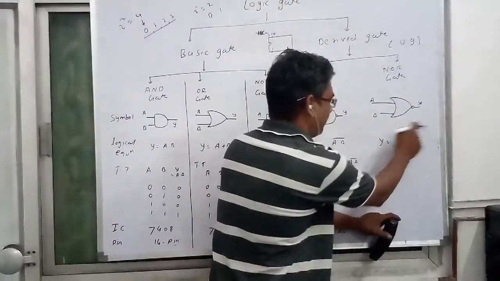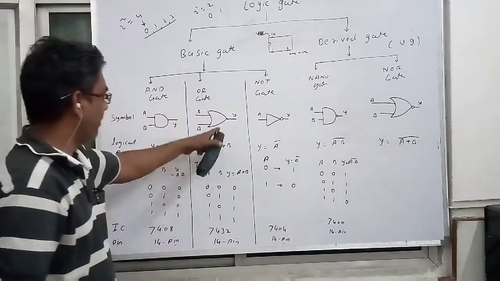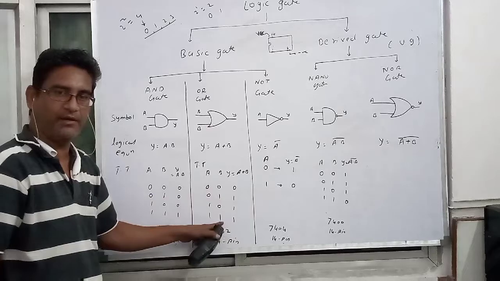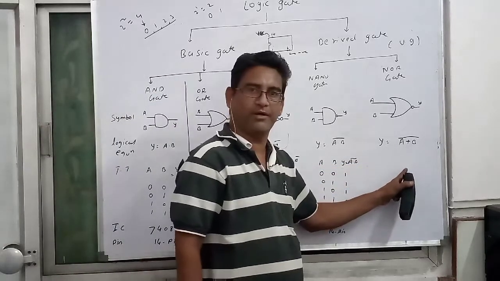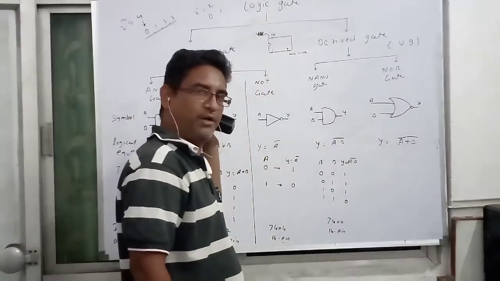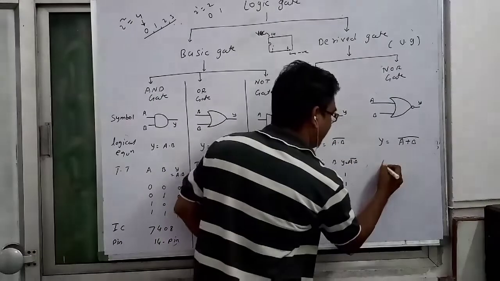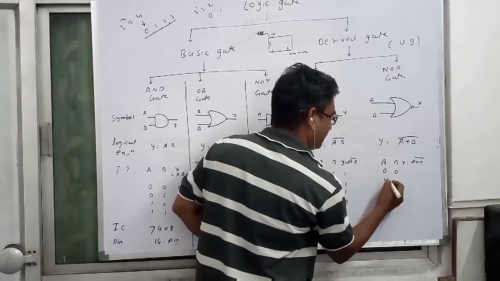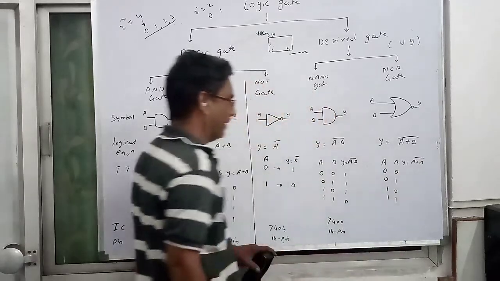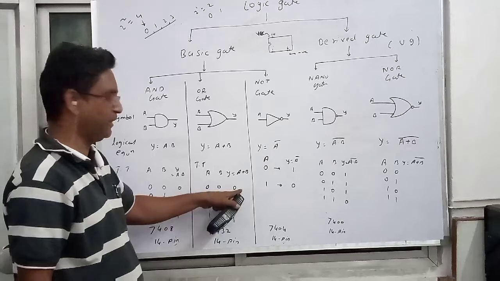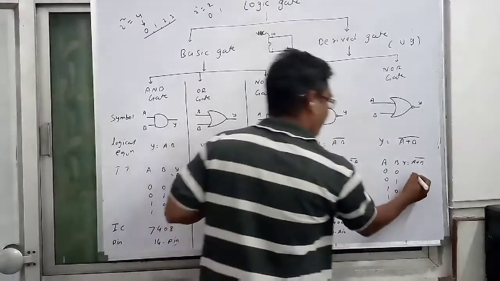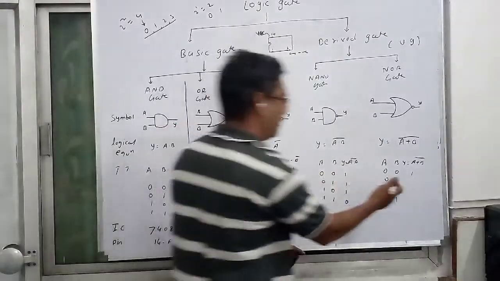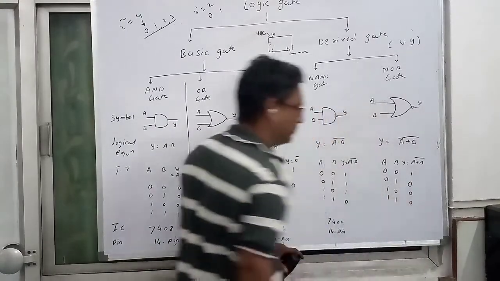This Y is equal to (A plus B) whole bar means in the OR gate we have studied A plus B. So whatever truth table we have drawn for this particular OR gate, you will be getting the complement of that OR gate. So from looking at that OR gate, you are able to draw the table, that is A, B, Y is equal to (A plus B) whole bar: 0 0, 0 1, 1 0 and 1 1. As you observe, 0 0 you will be getting value as 0. So the complement for that 0 is 1. And the rest of all the values are 1. The complement for that one is nothing but 0. 0, 0 and 0. Okay.